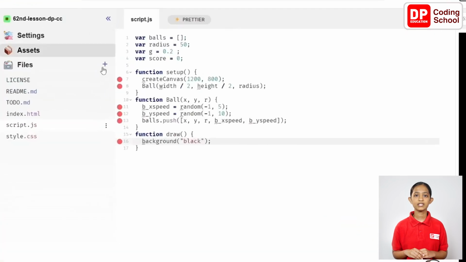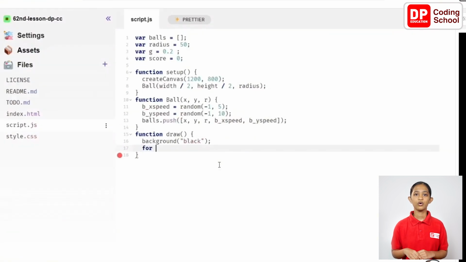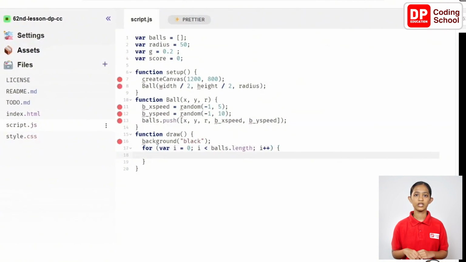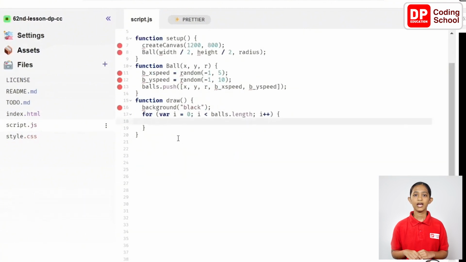Next, come to line 17 and create an array to represent the balls by using a for loop: for open brackets var i equal 0 semicolon i smaller than balls dot length semicolon i plus plus close brackets. Now open curly brackets and create the downward movement where both gravity and the vertical speed of the ball combine. balls within square brackets i within square brackets 4